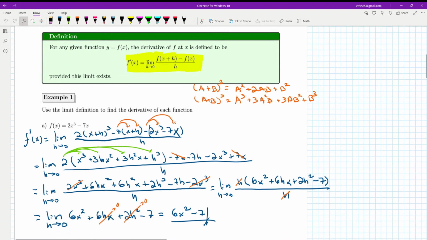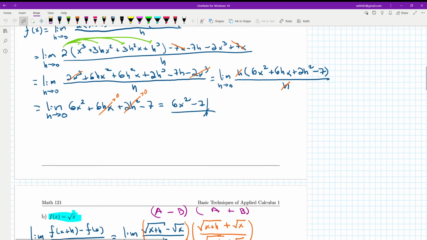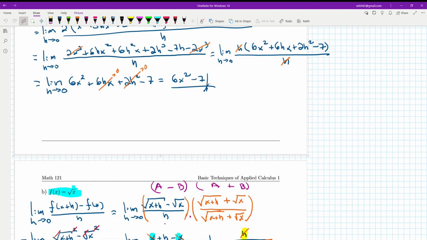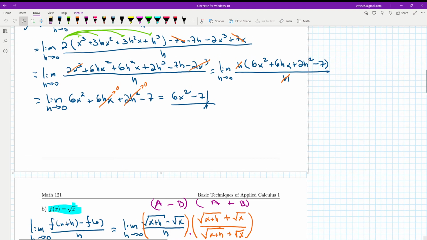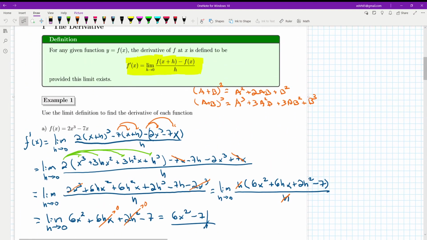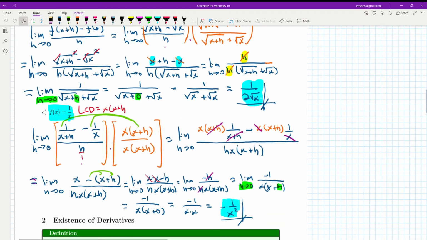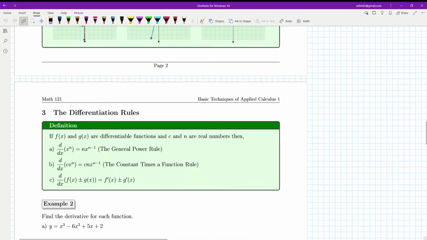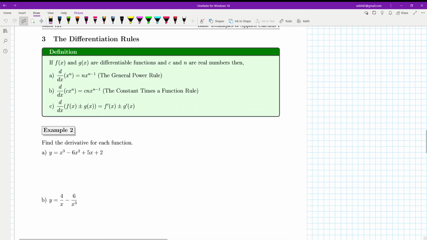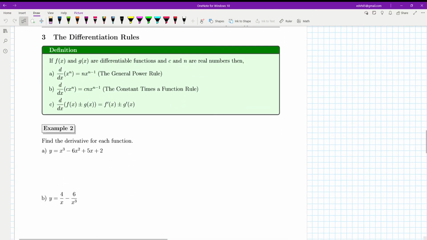Well, if you look at all the work that we did, it's not really three steps. I don't usually call it the three-step method. I just call it the limit definition because it involves finding a limit. Now, we're going to learn a shorter way to find derivatives, so we're going to go over the differentiation rules. So all we have to do when we have a function of the form x to the n,